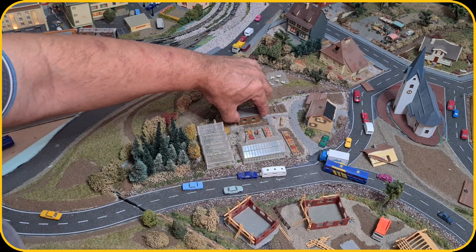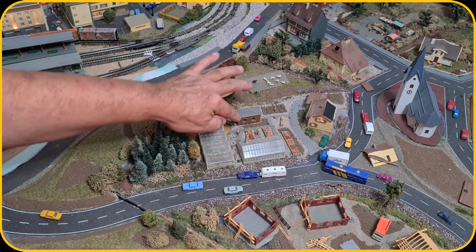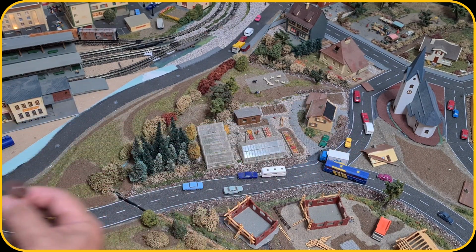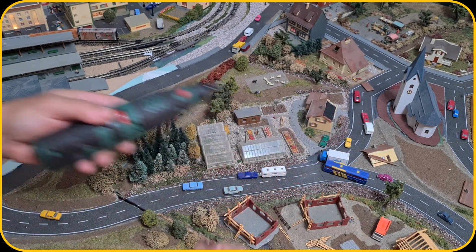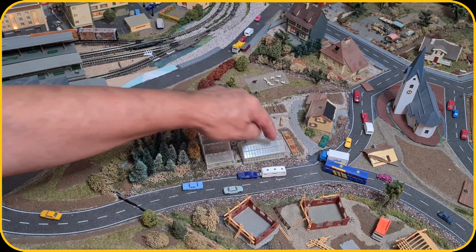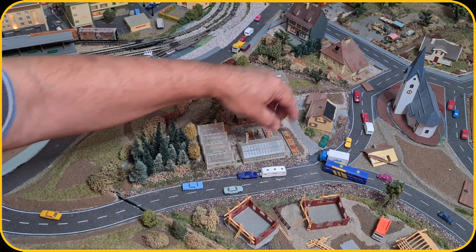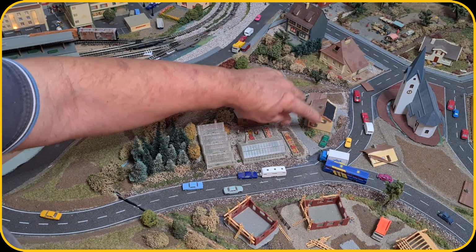Here for the shed, well, again, it is very tight, so I need to be careful, and maybe I'm going to cut the roof off. So we'll do that with a drill or with a Dremel-like tool to cut it off and then lift the roof off, so that I can drill the holes for the lights. So here there will be multiple lights, so 1, 2, 3, 4 at minimum, and here 2. Here in this building, because it's a top floor and a bottom floor, I'm going to use 2 lights, but for that I need to remove this